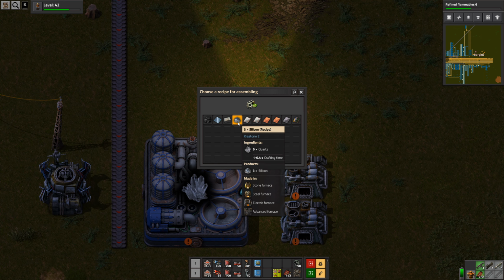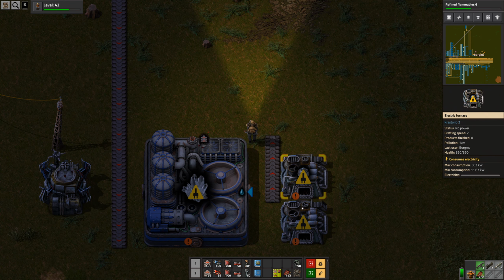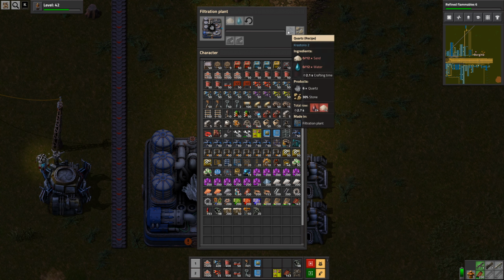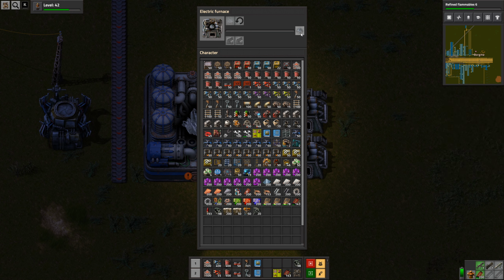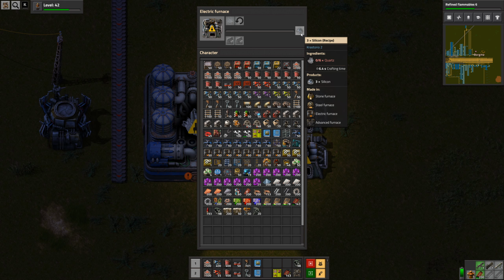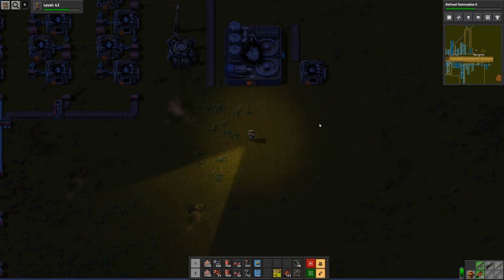These will take 6 quartz, or 1 quartz per second, 2 quartz per second basically, with the crafting speed of 2. This produces a bit over 2 quartz per second. How about that? Is that correct? I messed this up before. Let's have a look at